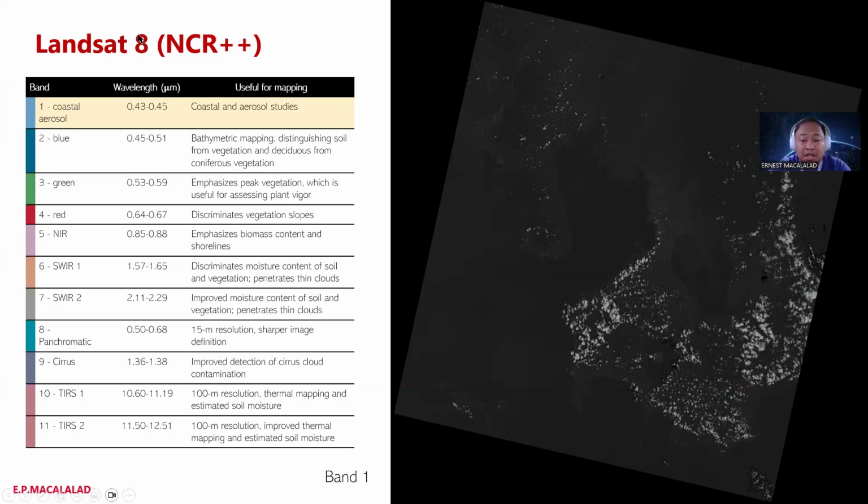Okay, so for Landsat 8, let me just adjust my screen. Okay, so for Landsat 8, it has 11 bands, with corresponding wavelength bands and some description of the use of those bands.